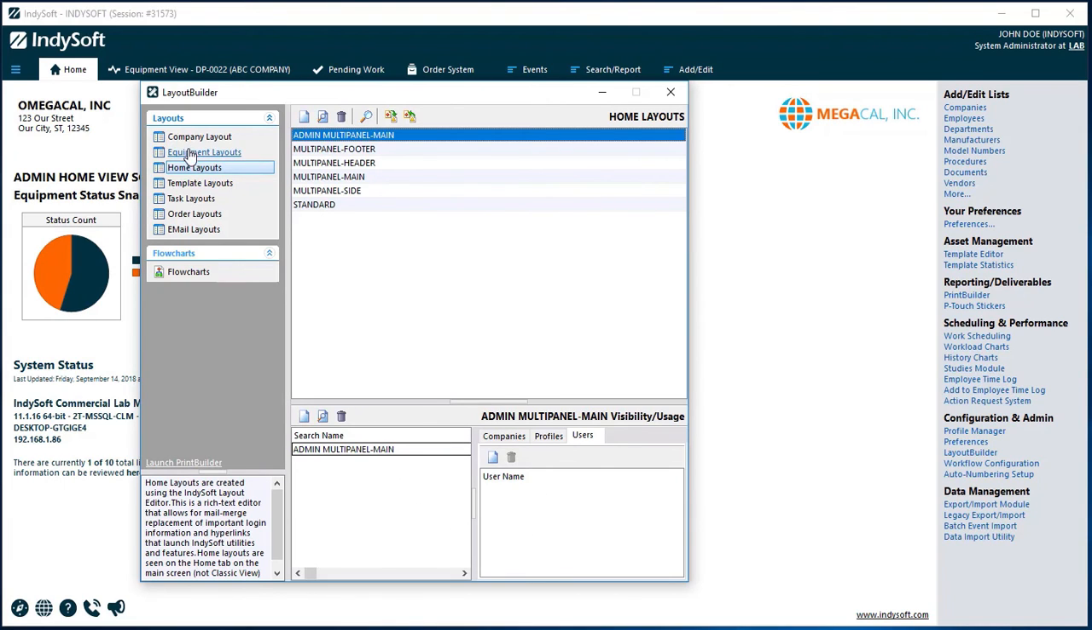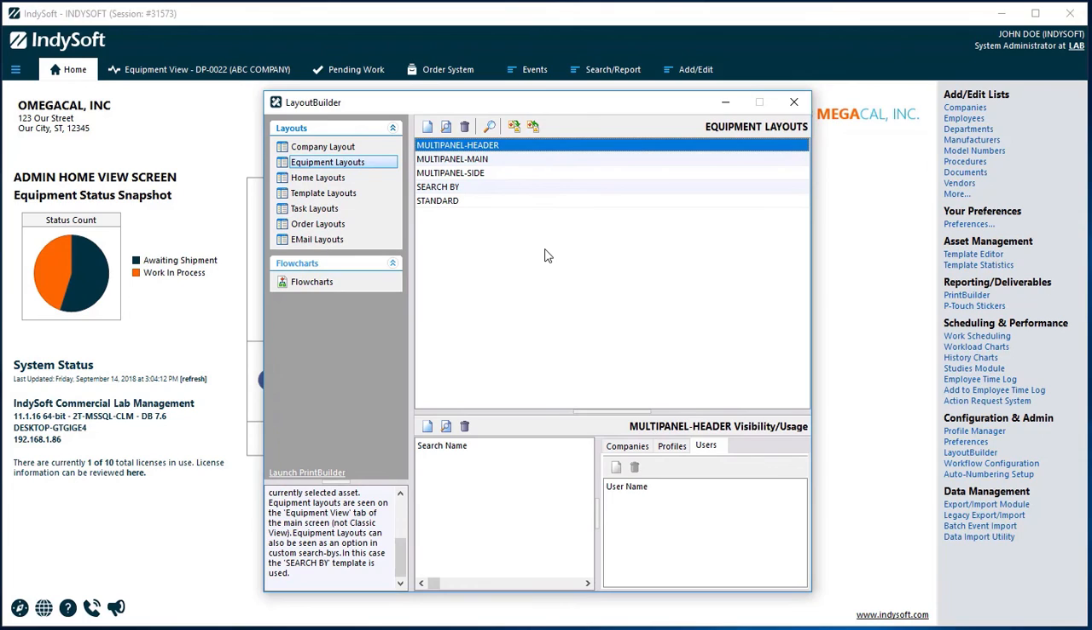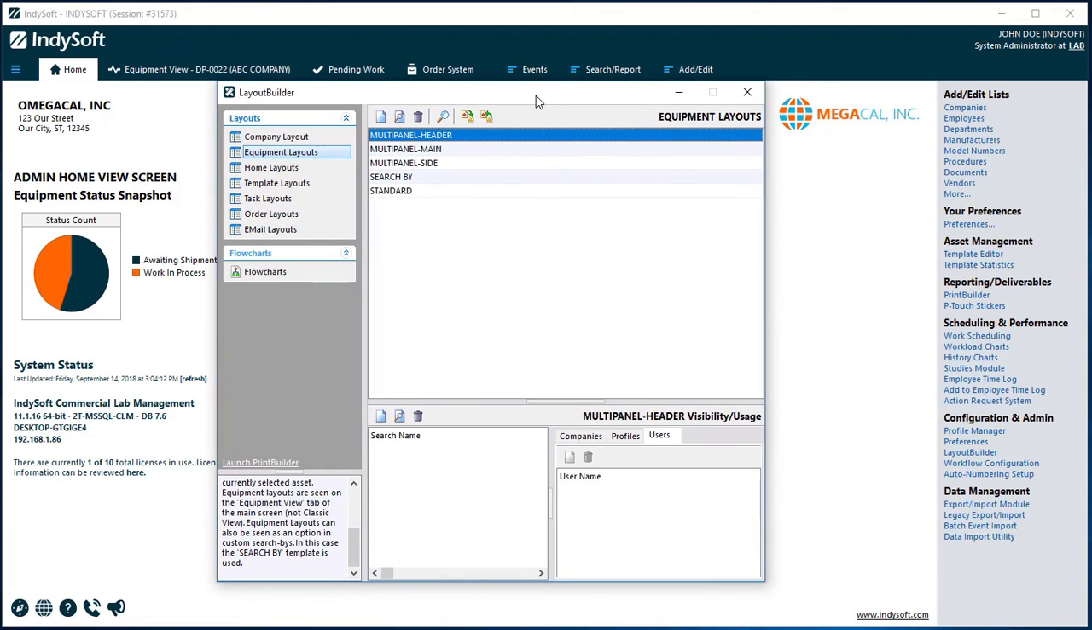All right, so you would do the same in equipment view if you wanted to create a new equipment view layout for your technicians or admins. If you want to import those or export those out, you can always send them to us. We can edit them, take a look at those. And so this video was just for